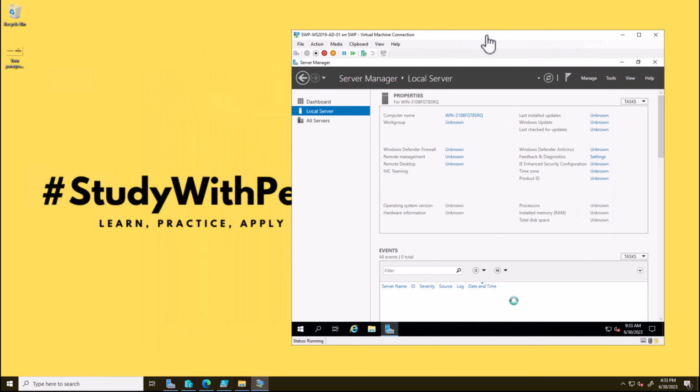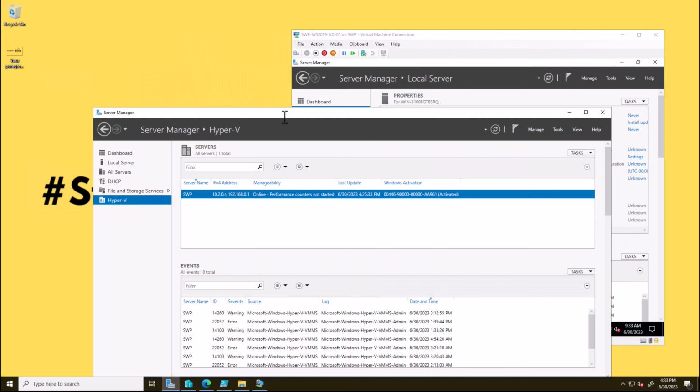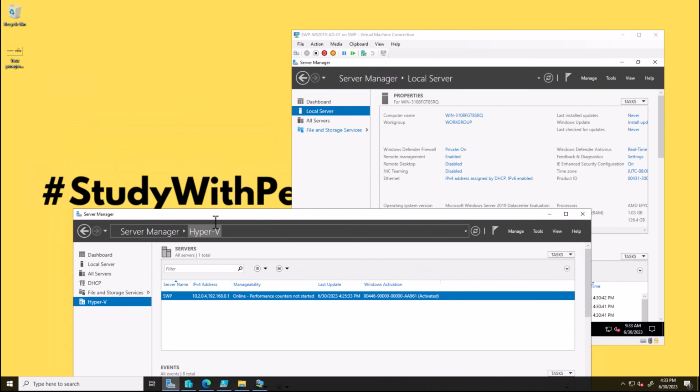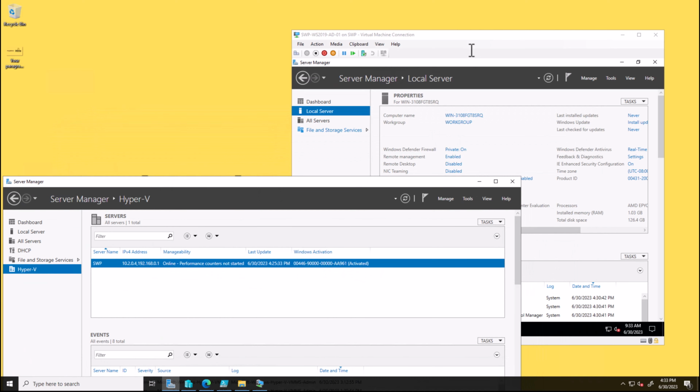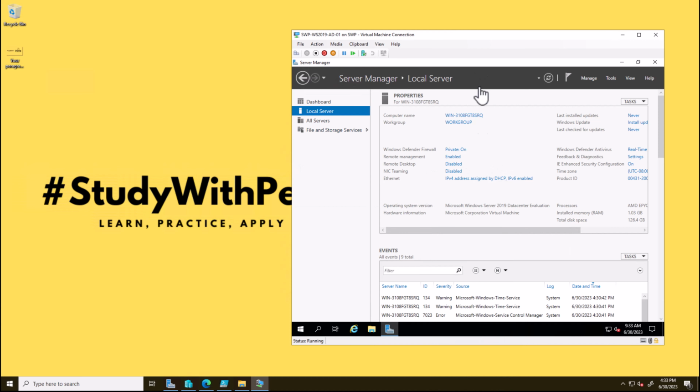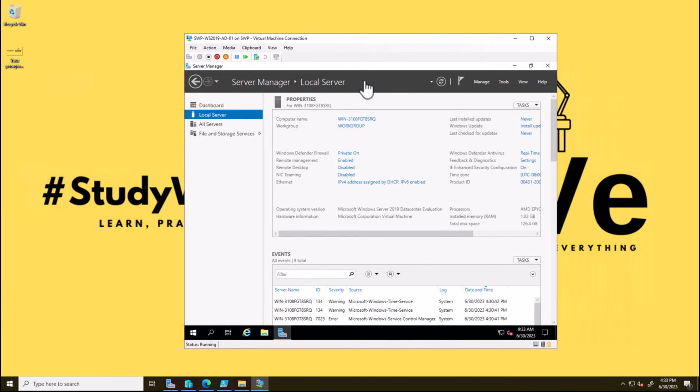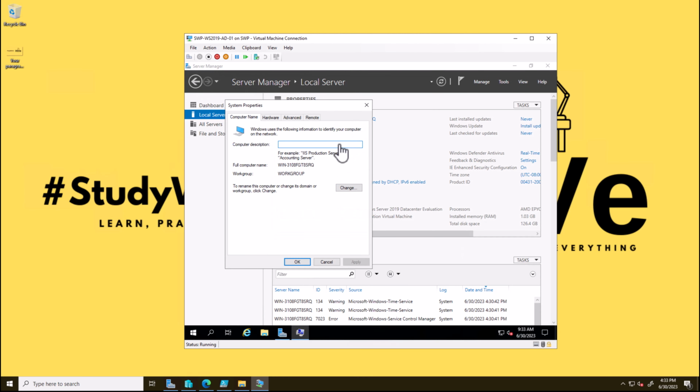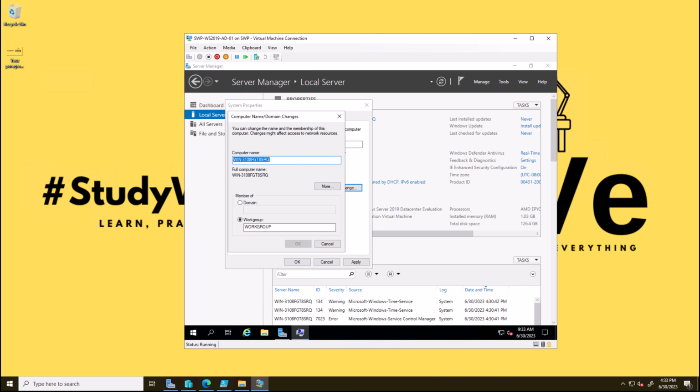This is our virtualized machine, and look at this one. You see that we are running like this is a super mega machine, and this is a virtualized machine. So two things that we're going to do here. We make sure that we rename it. So I'm going to do, let's do Study with Peter